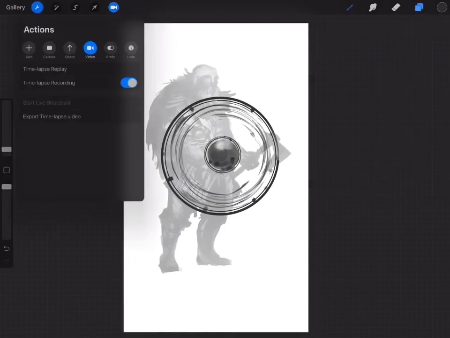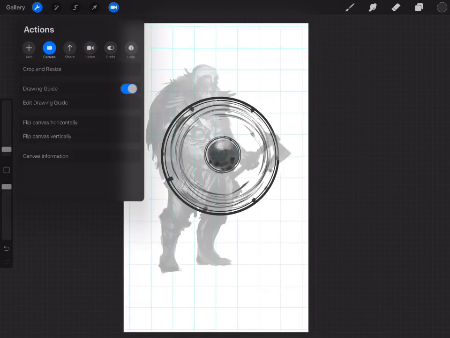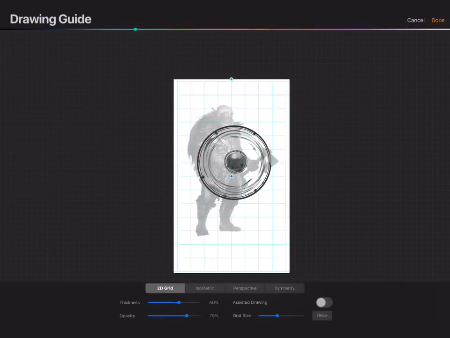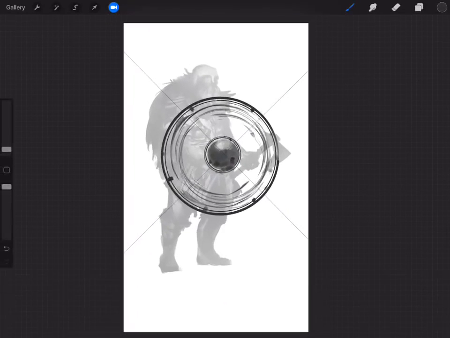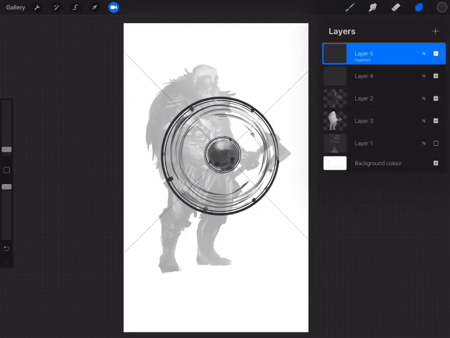Okay, let's do some symmetry. So I get into Canvas, turn on Drawing Guide, edit Drawing Guide, Symmetry, and I want to have the quadrant. And then I just place the middle in the center of the shield. You can also angle it if you want. Maybe we'll do this. Done. And now on a new layer,